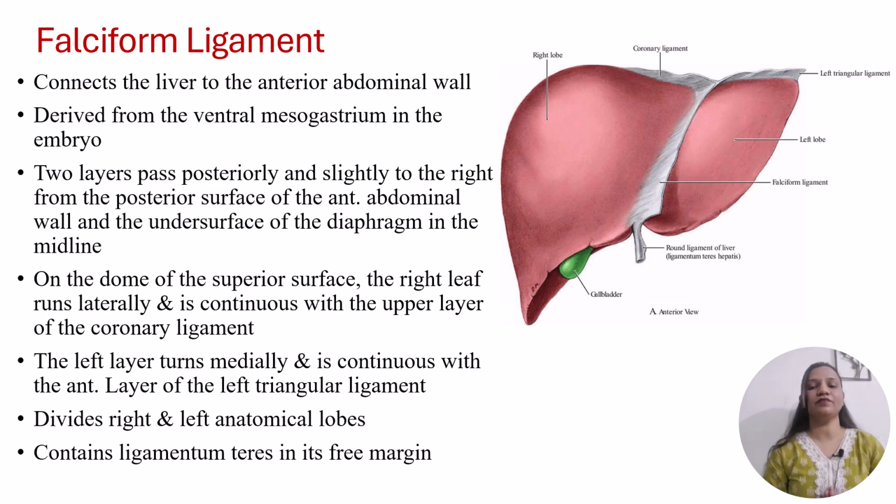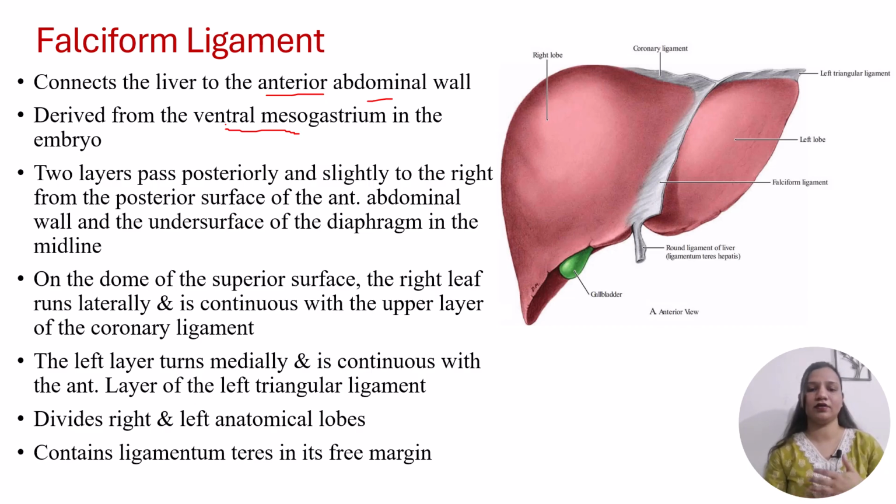First one is the falciform ligament. The falciform ligament connects the liver to the anterior abdominal wall. It is derived from the ventral mesogastrium in the embryo, and there are two layers of this falciform